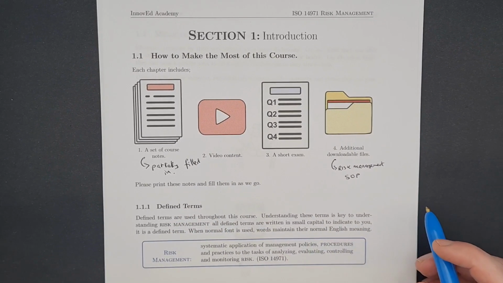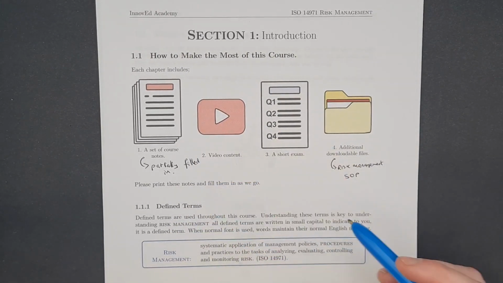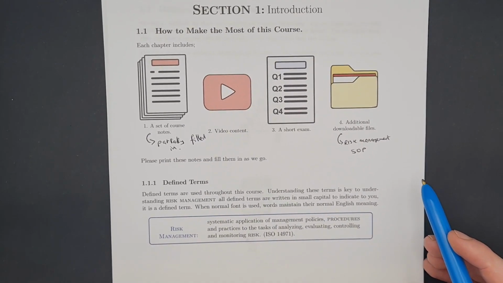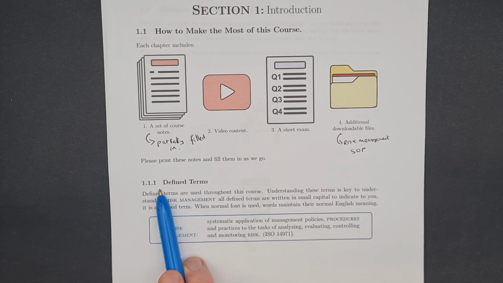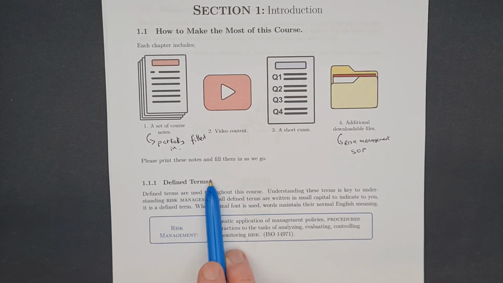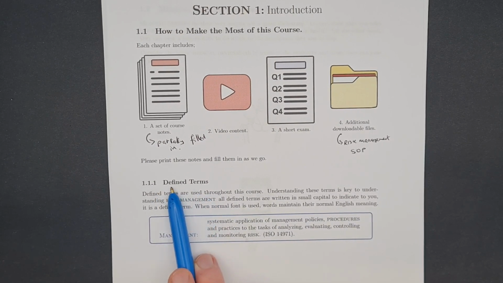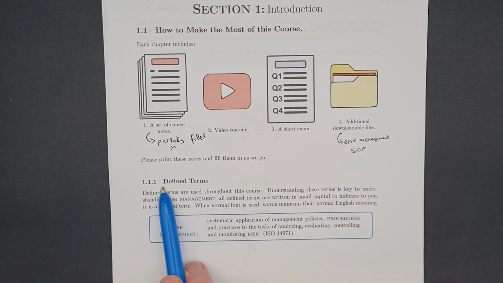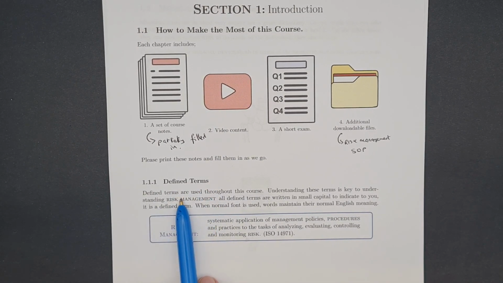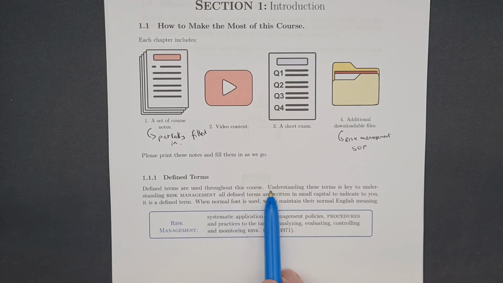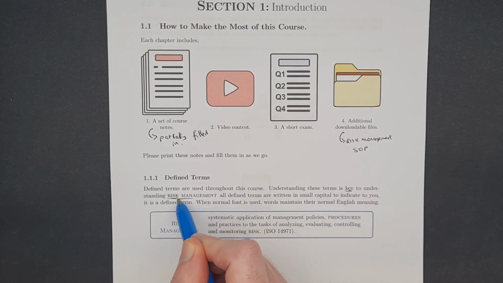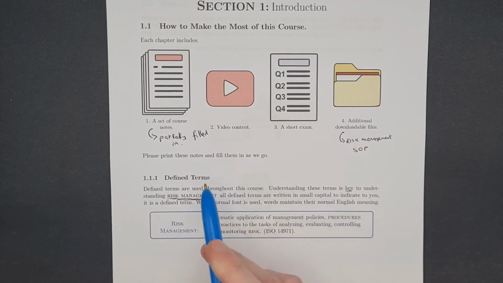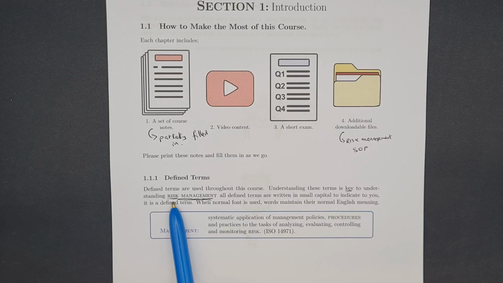The other thing that we'll quickly discuss here is defined terms. So defined terms are used throughout this course. Understanding these terms is key to risk management. I can't emphasize that enough. The reason defined terms get used is because often we end up narrowing the scope of words that we use just to normal English, and this is very much necessary to understand and be able to apply the principles of risk management. What we do throughout this set of course notes is any defined terms, such as risk management, we